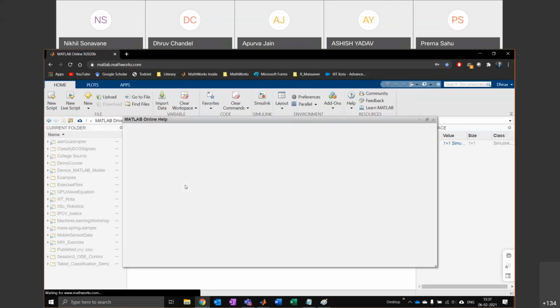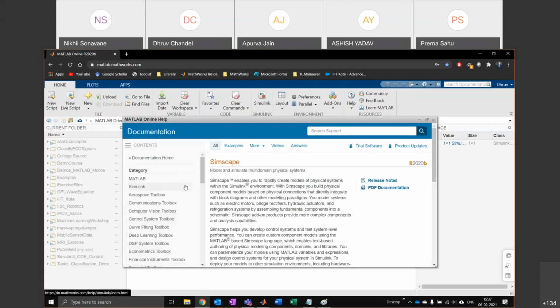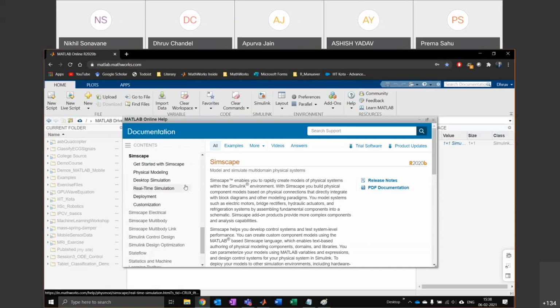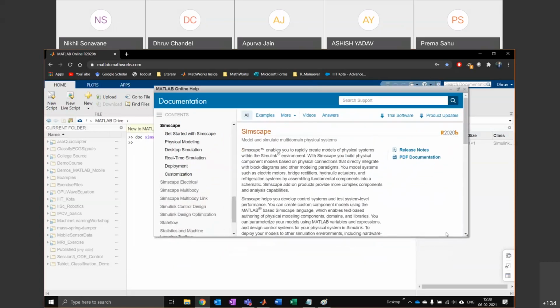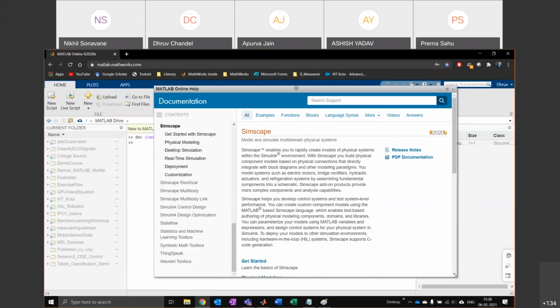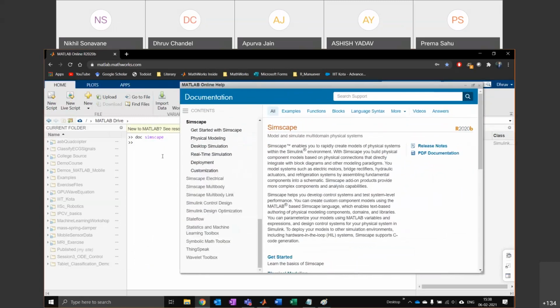We add the solver configuration because it's needed, because it's not numbers, it's a physical network. So Simulink needs to be told that this is a physical network. It's just a scaffolding thing, you have to do it. Okay, so you go into MATLAB and type doc Simscape, and this documentation page should open up.